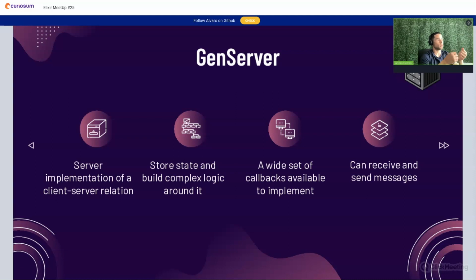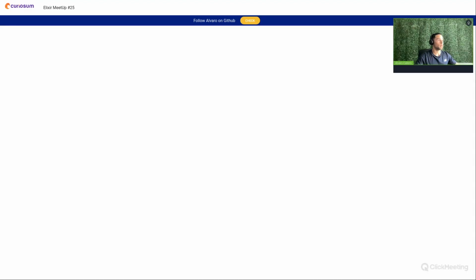We can execute synchronous code, among other things. And also we can receive and send messages. This is quite similar to the agent. We can send a message to the agent, in this case, GenServer, to make some stuff. Okay, and let's go again to the great Visual Studio Code and see some examples of how we can work